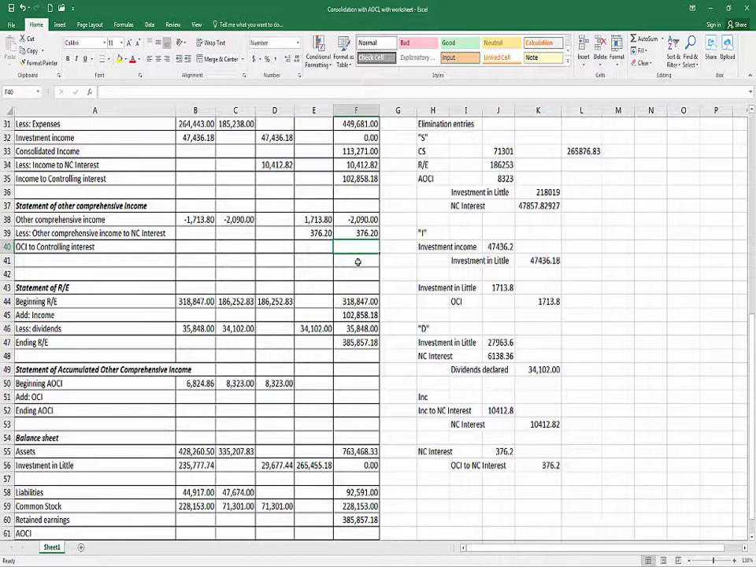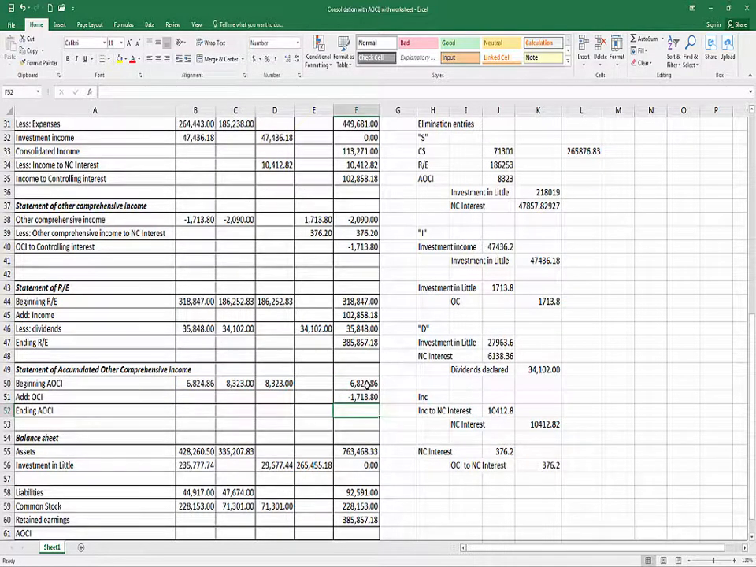So a negative $2,090 beginning balance, negative $2,090 other comprehensive income. We allocate away $376 of that other comprehensive loss to the non-controlling shareholders, leaving that much for the controlling shareholders. Take that, transfer it down to the statement of other comprehensive income. Beginning OCI, again, these are positive numbers, so these are credit balances. So we've got positive plus positive minus negative. So we had a beginning